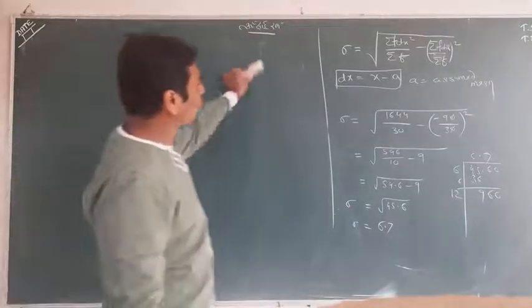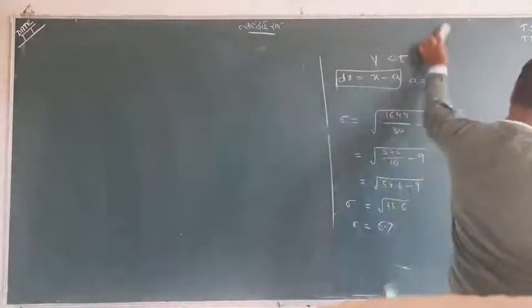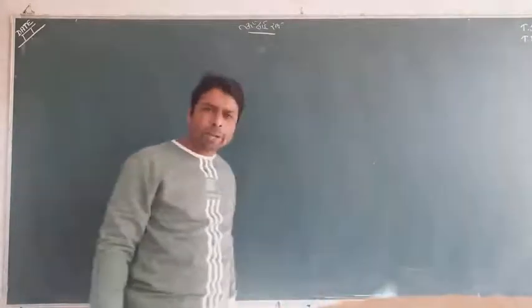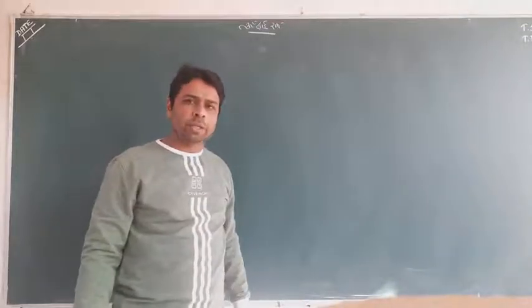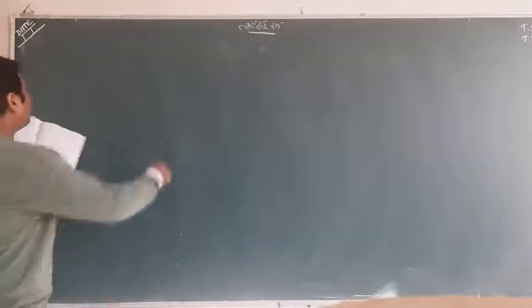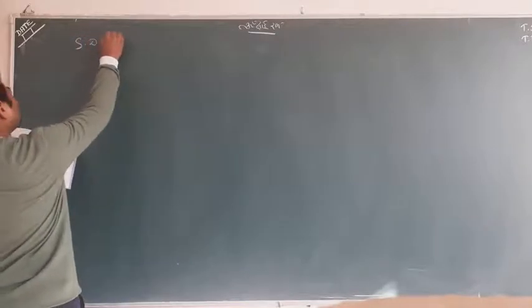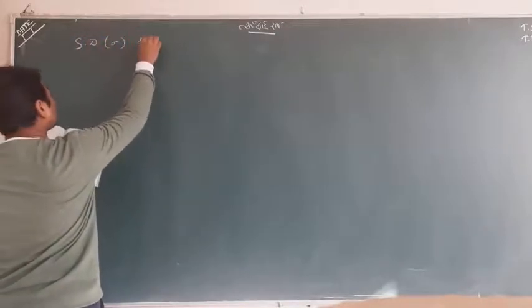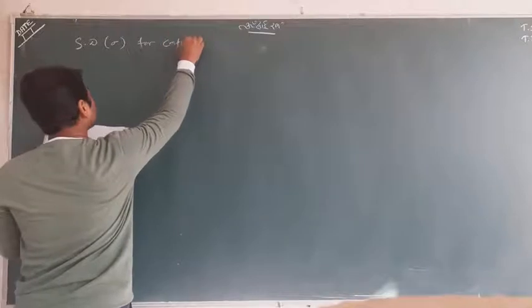Now we have a last question. Definitely I am not doing all the methods. We had a direct method, we had a shortcut method. So I choose the shortcut method. It was a bit convenient to do the question, that's why. Now I'll go with the standard deviation sigma for a continuous sequence.